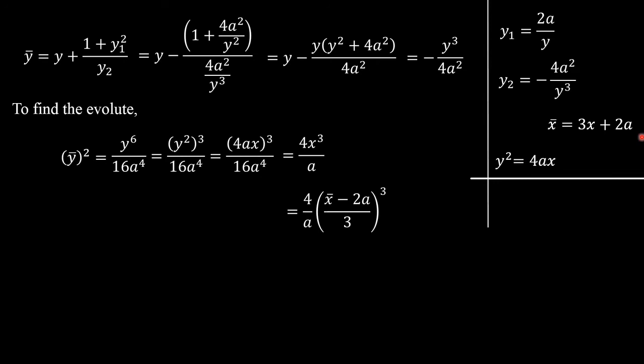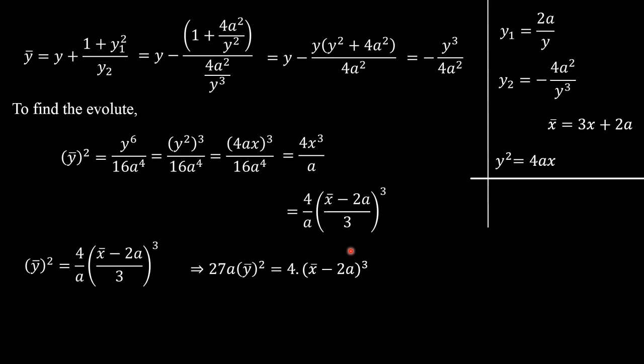But what is x from x bar? You have x bar equal to 3x plus 2a, right? So x is nothing but x bar minus 2a divided by 3. I am just replacing x cube here by x bar minus 2a by 3 whole cube. Just observe the equation, students. I have related y bar and x bar now, where your x bar and y bar are the corresponding coordinates of the center of curvature at any point. So now you have the relationship between x bar and y bar. This curve is nothing but the evolute of the given curve.